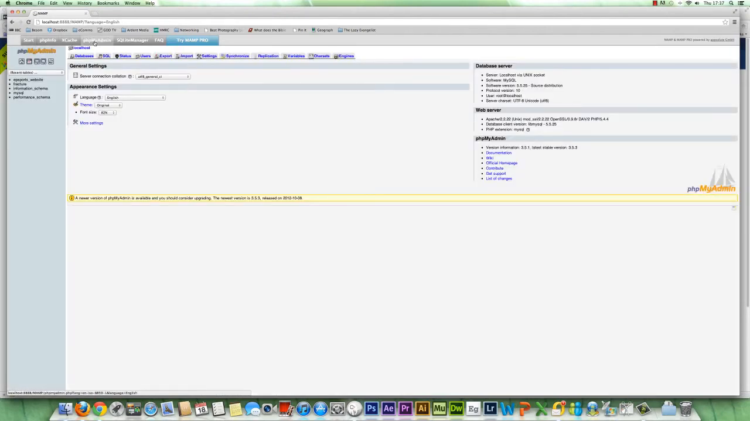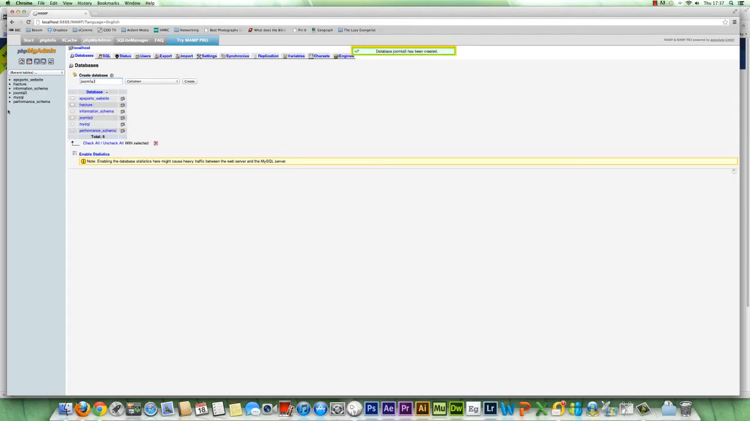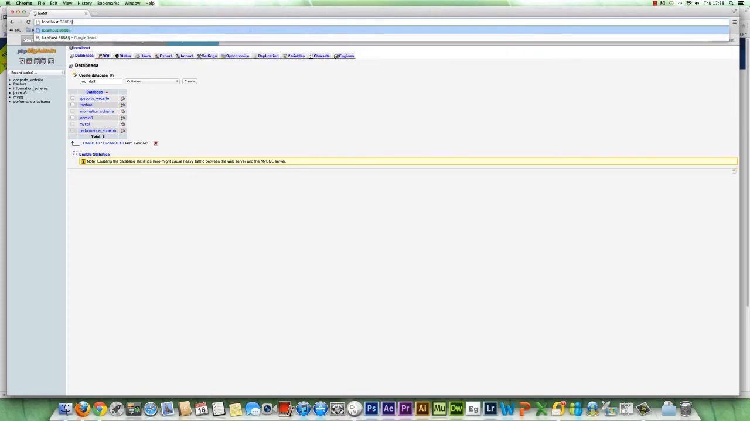Now we're going to create a database for the Joomla installation. So on the tabs here where it says databases, I'm just going to click on that, and where it says create database, I'm just going to call this Joomla 3, and I'm going to hit create. Once that's done, in the URL bar at the top here, I'm just going to take off everything after the 8888 / and replace it with the name of the folder that I copied into the htdocs folder. So now I'm going to be going to localhost 8888 / Joomla,